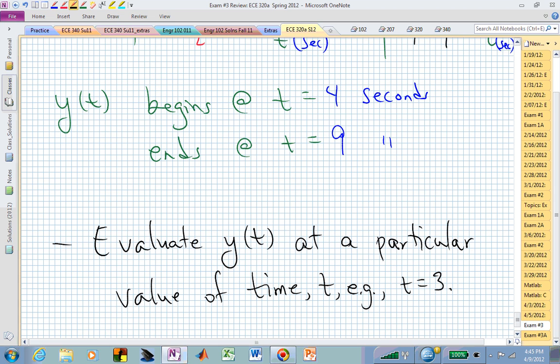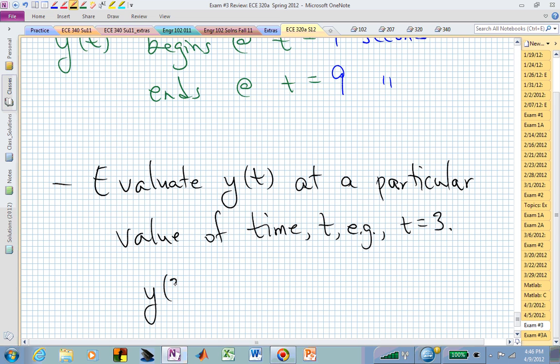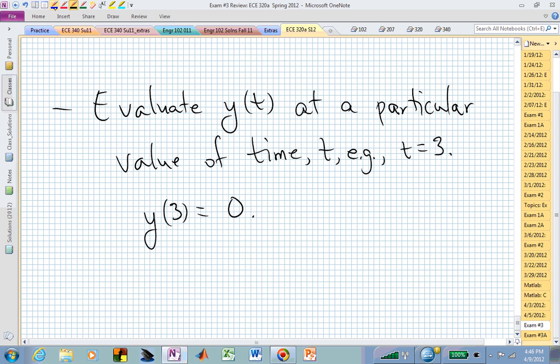What if I said, what's y of t at t equal 3? That's 0, right? It hasn't started to happen yet. So y of 3 is 0. If I said, oh, that was too easy, so let me make it a little bit harder,